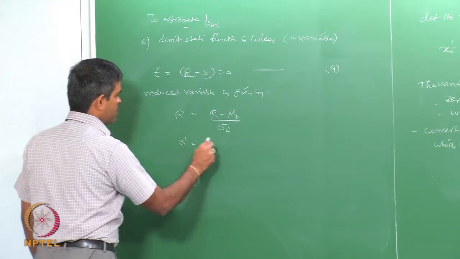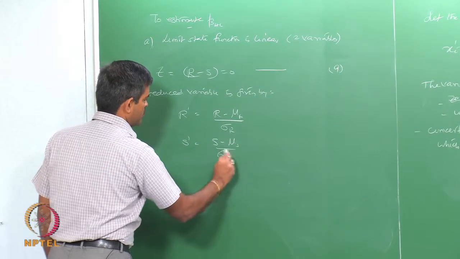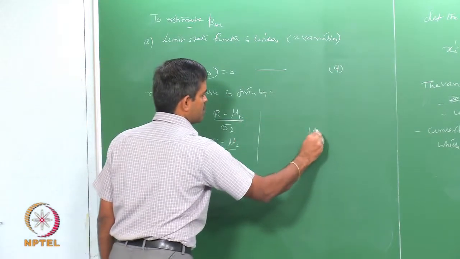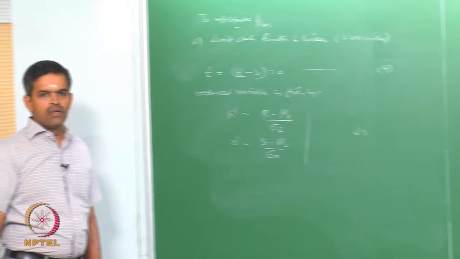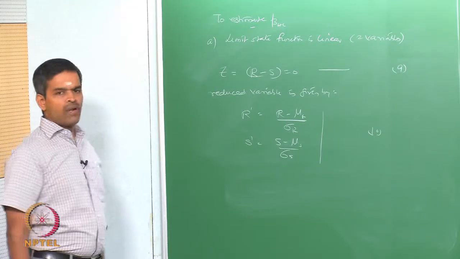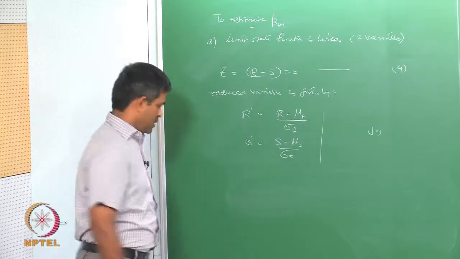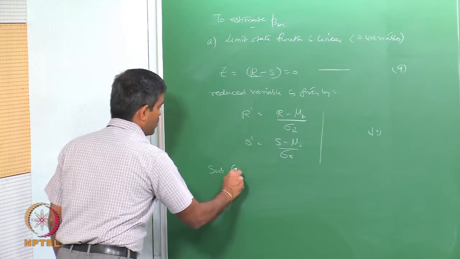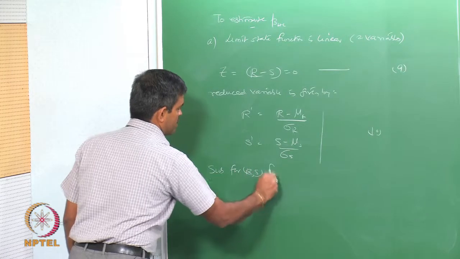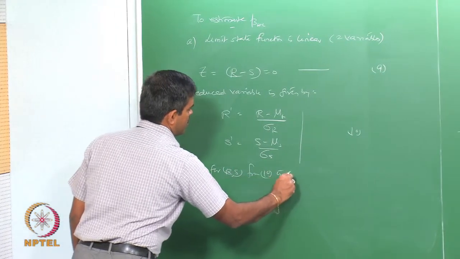Similarly, s prime is s minus mu s by sigma s. I call this equation number 10. Now, substituting for r and s from equation 10 in the original one, that is equation 9,